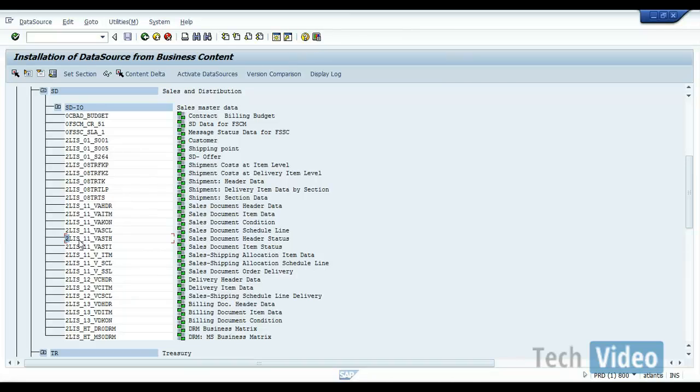Once we activate here, we can go and check in RSA6. Is there any T-code where we can see all the LO data sources? The answer is yes. The transaction code to see all the LO data sources is LBWE. If you go to LBWE,